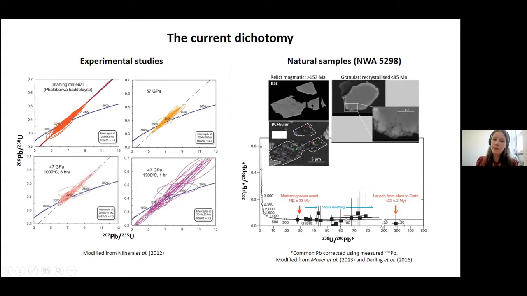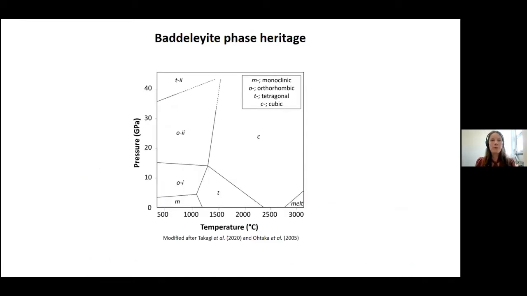Importantly, what was observed was that the baddeleyite microstructure is strongly linked to the degree of lead loss within 5298's baddeleyites, with the greatest lead loss reported within these highly shocked areas where we're seeing granular, i.e. recrystallized baddeleyites, and the most robust ages within baddeleyites that retain relic magmatic microstructures. Lead loss was also shown to be linked to transformation to and reversion from zirconia polymorphs, like we see in